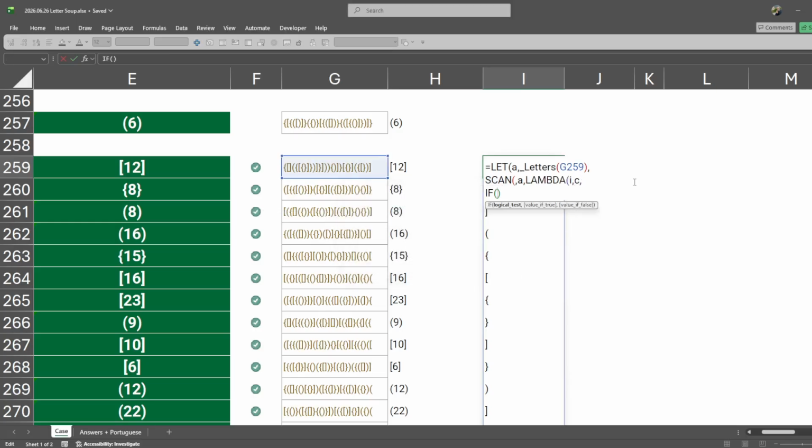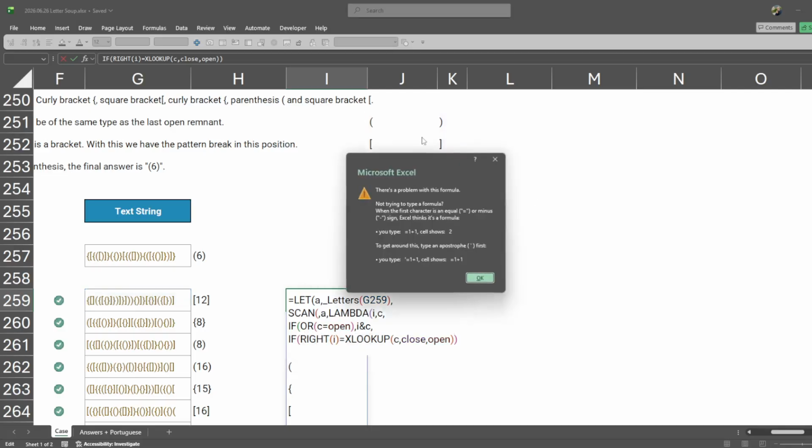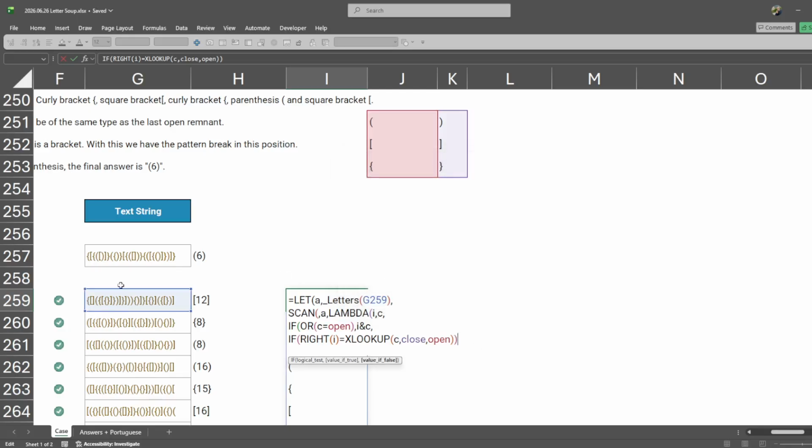Lambda I, C. If or C equals open, then I want I and C. Else I need to check, right? So I can say if right of I equals VLOOKUP. Now I can XLOOKUP here. XLOOKUP C in close from open, because this is my opening, right? C is the closing one. If I look close open, I can then check,